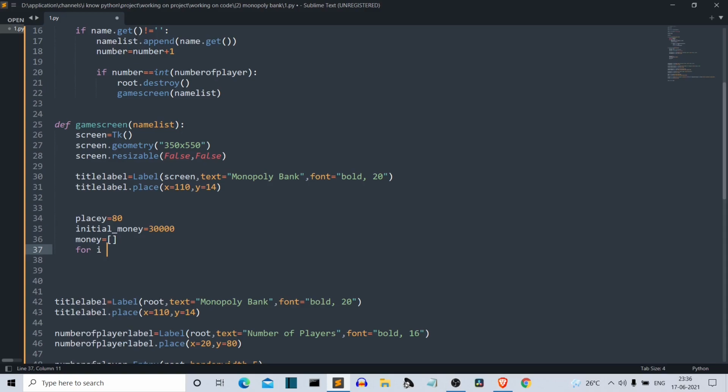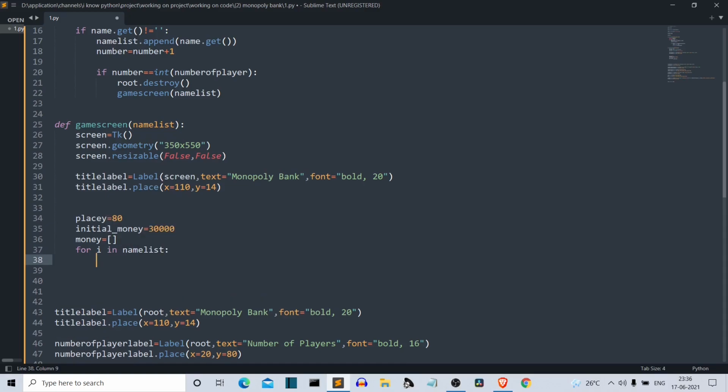The number of players that are playing. So for i in name list, we want to append the money. It should be money dot append, and what will be appended? The initial money. So in the starting of the game, this money list will be populated with this initial money